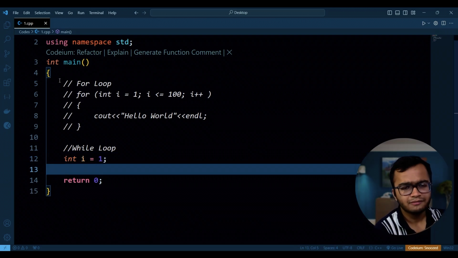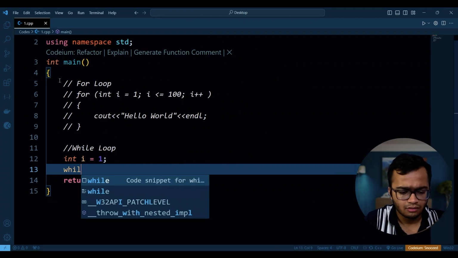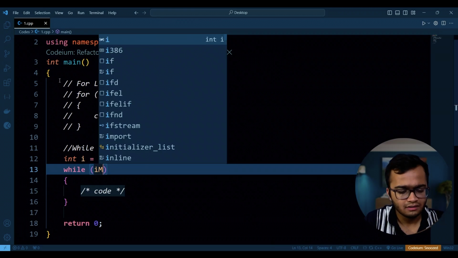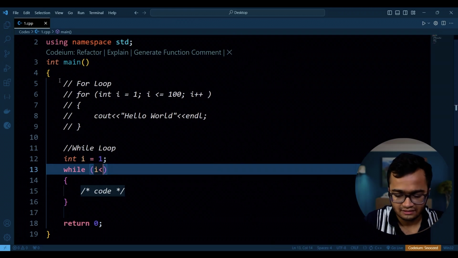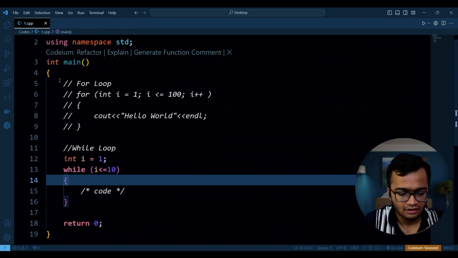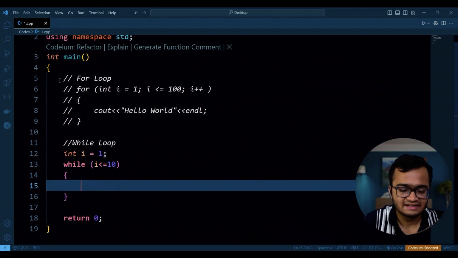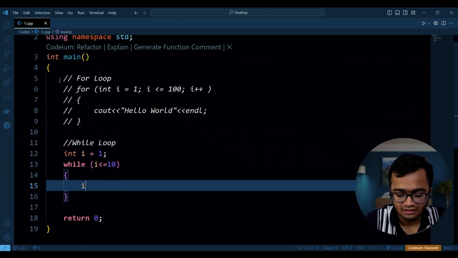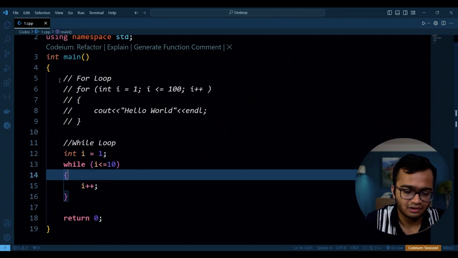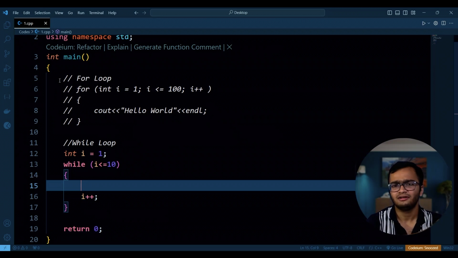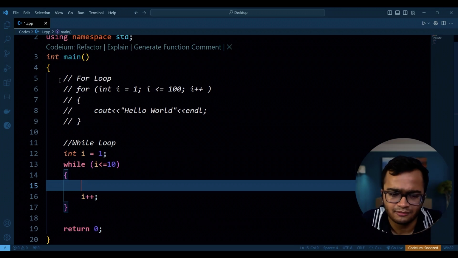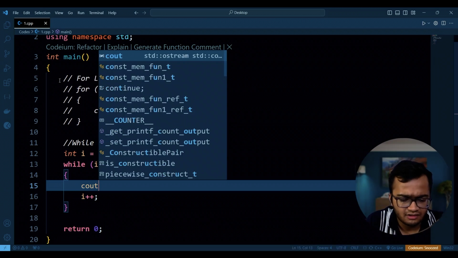Okay, now what will be the condition, up to how long will the loop run? The loop will run if the I value is less than or equal to 10. So as long as my I value is less than or equal to 10, the loop will continue getting executed. And how will my I increment? The I will increment by 1. So I will write I plus plus. Similarly, you can also write I equal to I plus 1. That's up to you. So when you write cout